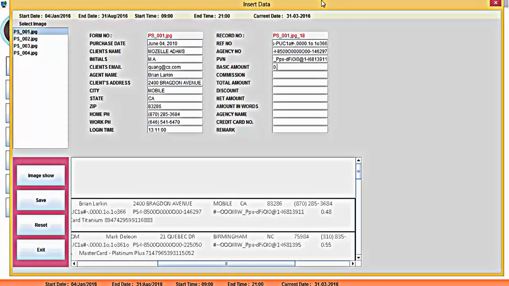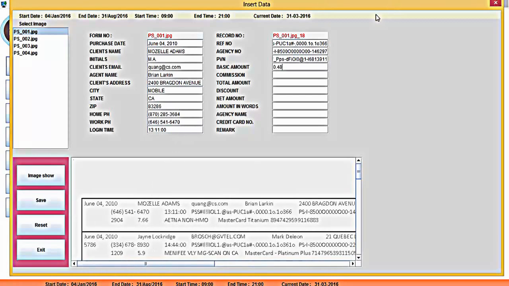Basic amount. The basic amount you have to consider in lakhs. That means whatever the basic amount will be, you have to multiply it by 1 lakh. Then commission.